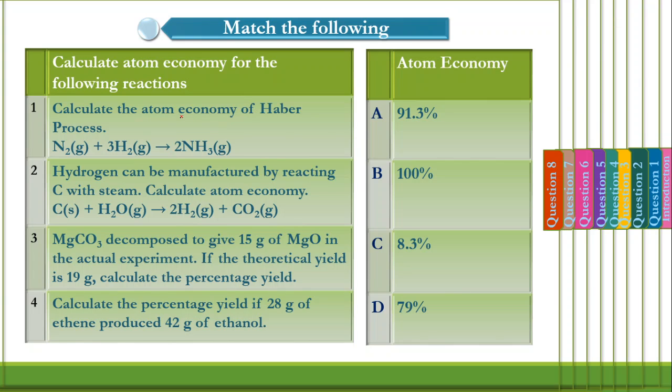Let's say first question, if we see calculate the atom economy. Now N2 plus 3H2 forms 2NH3. Now it's an addition reaction and I hope you remember मैंने last video में बताया था that if it is addition reaction और एलिमिनेशन नहीं, एडिशन और रीअरेंजमेंट हो तो ऑब्वियसली 100% होता है क्योंकि आपका डिजायर्ड प्रोडक्ट है और बाय प्रोडक्ट तो है ही नहीं. So that divide by this will give you around 100%. So I think is this.